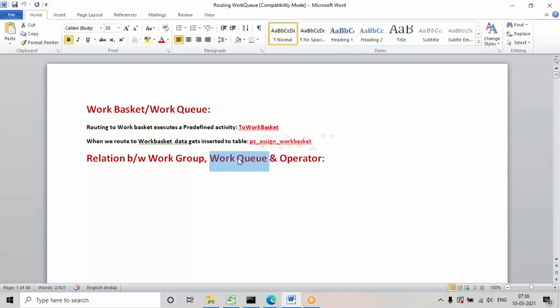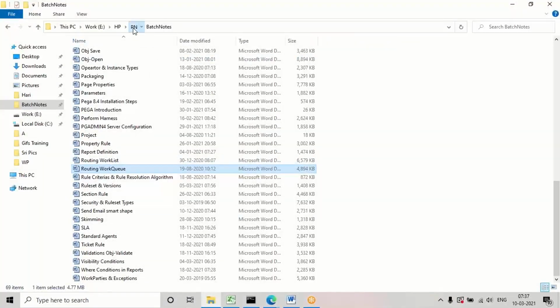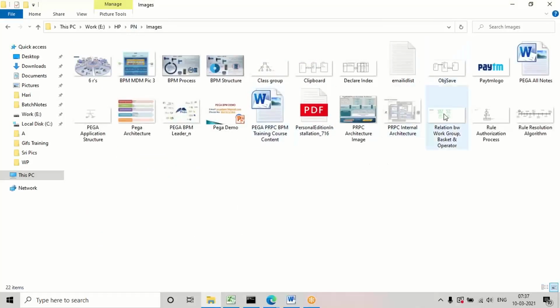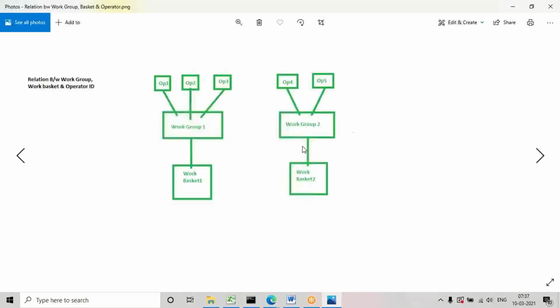Initially, Pega contains one default work group and work queue, but we don't use them. We may create a new team name and generate a new work queue also. But in real time, every developer will not do that. Some tech leads will be there, and they are going to generate that. But in our application, we are going to define it ourselves. Let's see one image. I'll be creating one team, but if you want to try, you can create more than one team also. In my application, I'll be creating one.